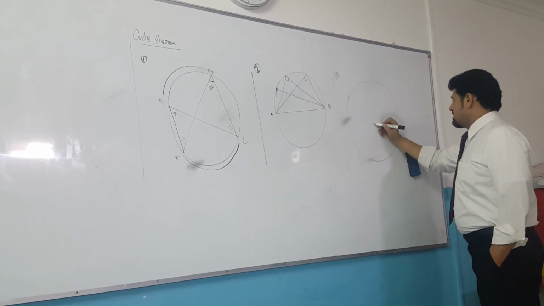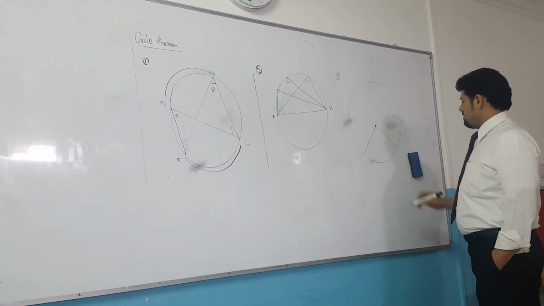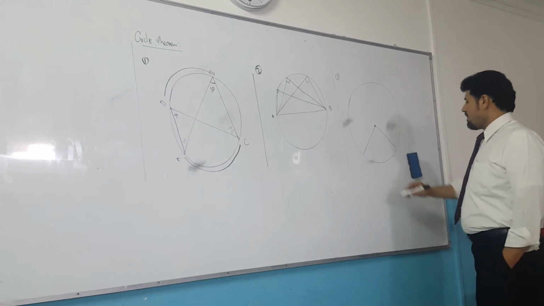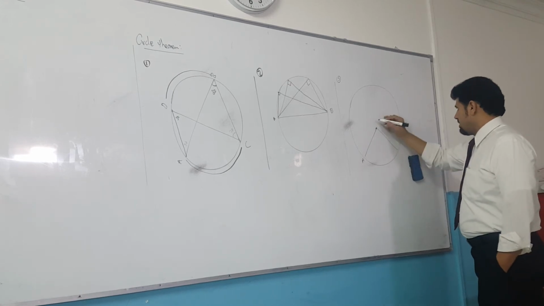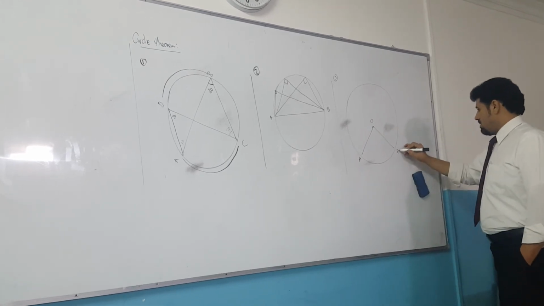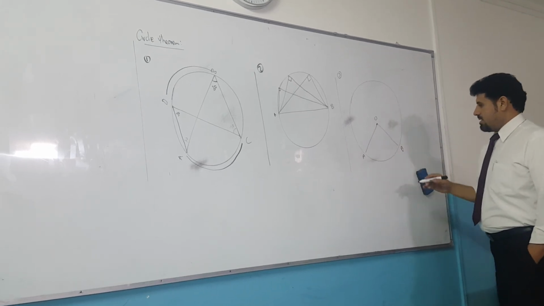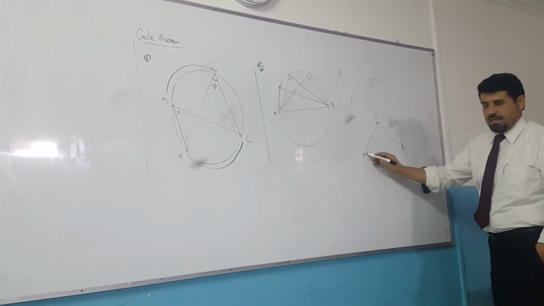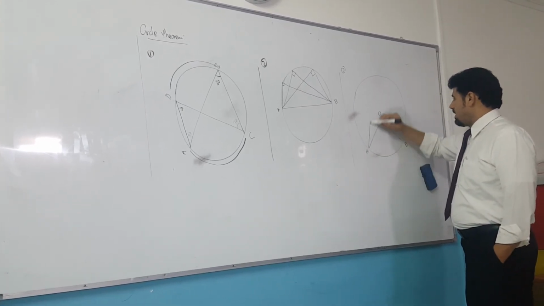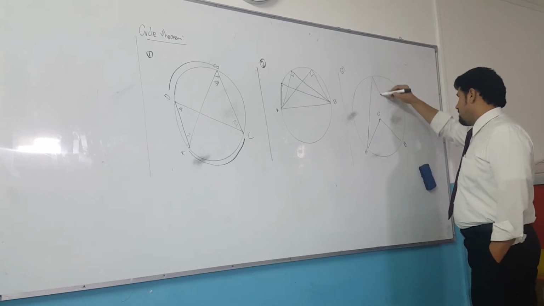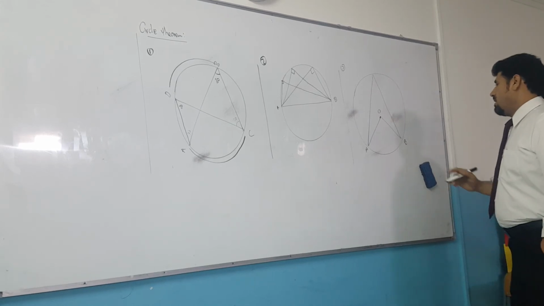So rule number 3 is, if this is the center, let's call it O, and this is an angle, this angle AOB is subtended by the arc AB, and the rule says if there is any other angle subtended by the same arc,